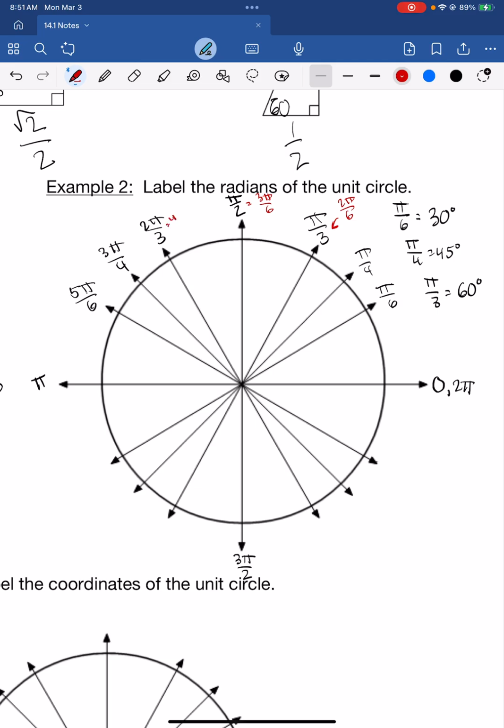This is the same thing as 4 pi over 6, and then 5 pi over 6 there, and then all the way around. So we're just kind of reducing these fractions to make it easier for us. Okay, if we keep going in pi over 6, then this would be 7 pi over 6. This next one right here would be 8 pi over 6, 9 pi over 6, 10, 11, and then all